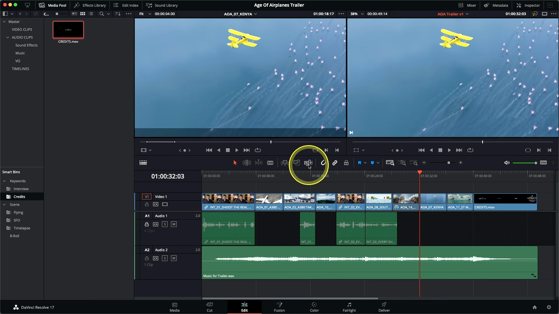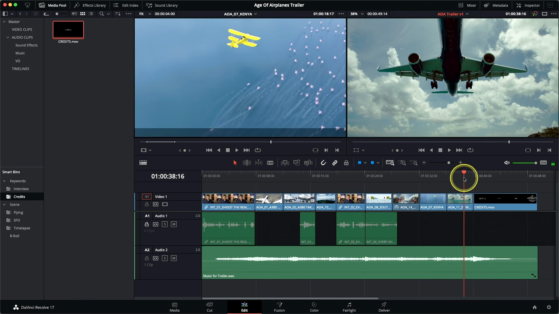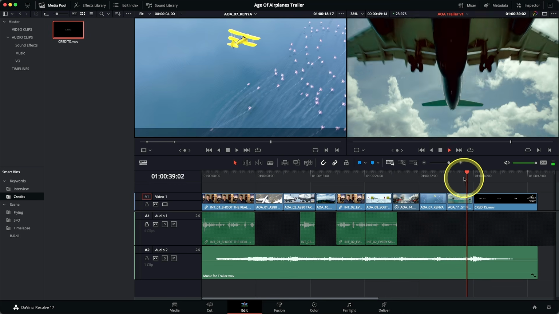In this case, the replace edit has replaced the clip by matching the two playheads together. So the playhead here in the source viewer is placed at the location of the playhead in the timeline, and then the clip is replaced based on the source media clip after the playhead. It's a very, very powerful function if you want to synchronize clips together. It's useful for editing sound effects into the timeline, or to match two images together with different actions. For example, here, if we go to the last clip in the timeline, where we have the St. Martin landing plane flying overhead,